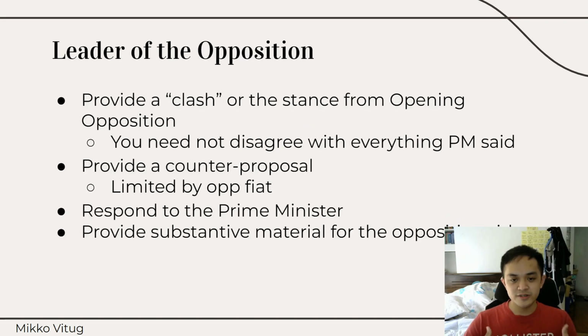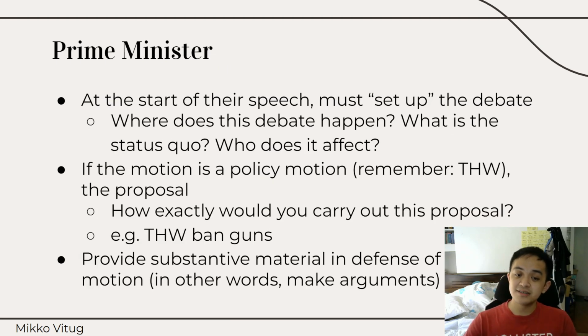And here's where I want to introduce the concept of fiat. Fiat means that you will assume the debate is going to happen. So going back to this house would ban guns, the Prime Minister will have enough power to say a ban will happen. You can't make arguments to say that the ban will not pass in Congress, people will not support the ban, and therefore there will be no ban. It just means that the ban is going to happen. However, it does not mean that the ban is going to work or that the ban is going to be a good idea, that it's going to be successful.